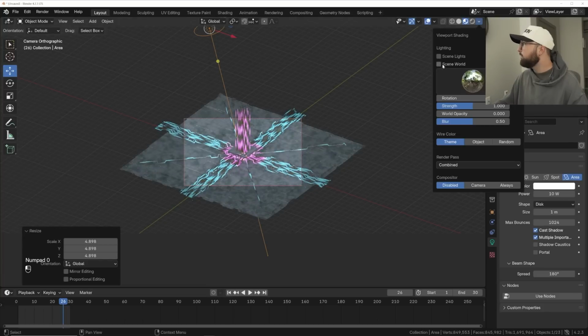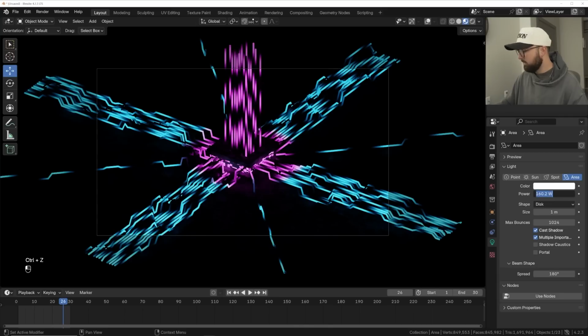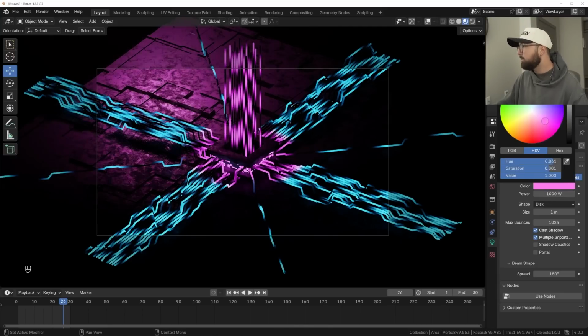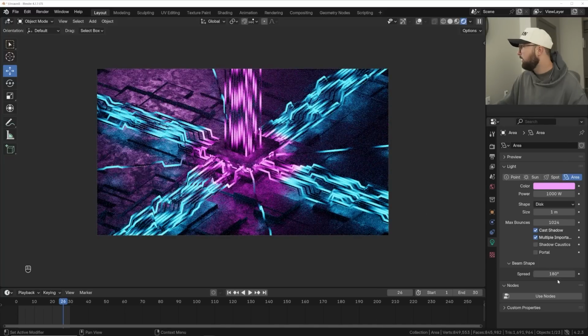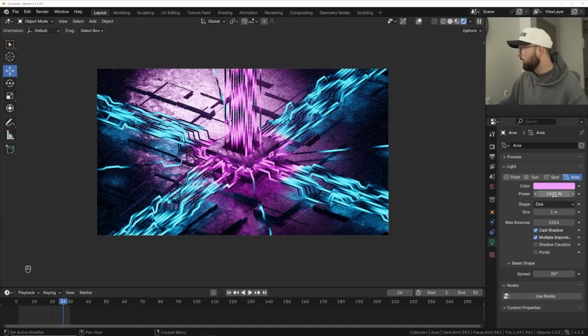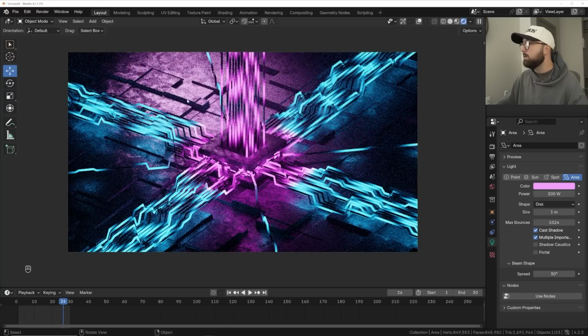And then we can go back to scene world, scene lights, or you can preview this in Cycles. Give it like 1000 and then give it a pink, or more of a purple really, and make it a little bit brighter, I think. And you could just copy the hex code if you want as well. And then I'm going to bring my spread to like 30, and then bring the power down to like 300. There we go. So now we have a nice light hitting it here, giving it a little bit of life,